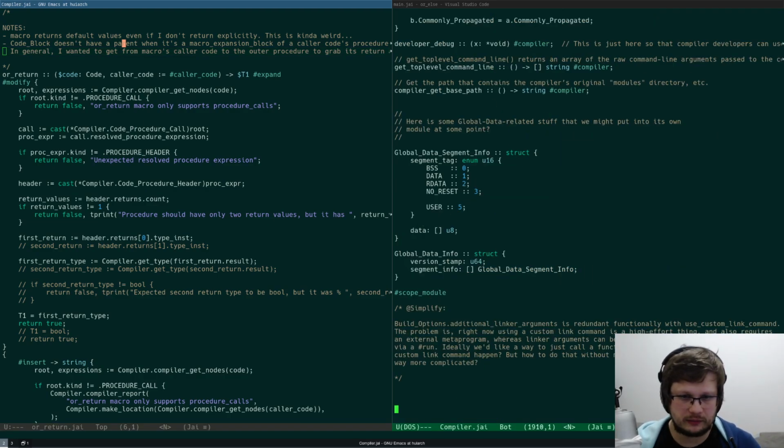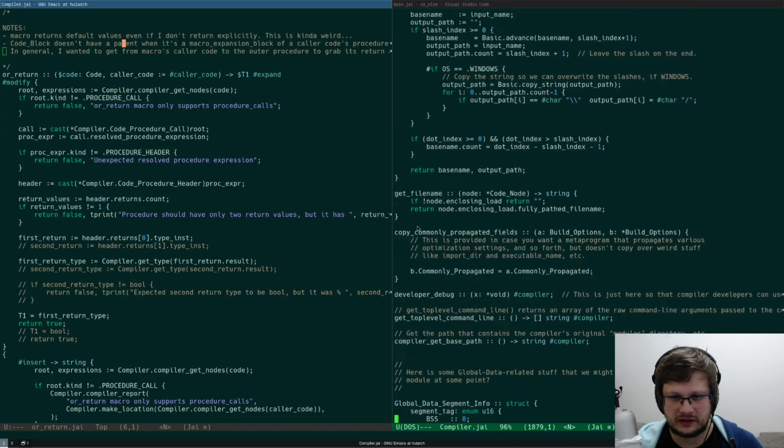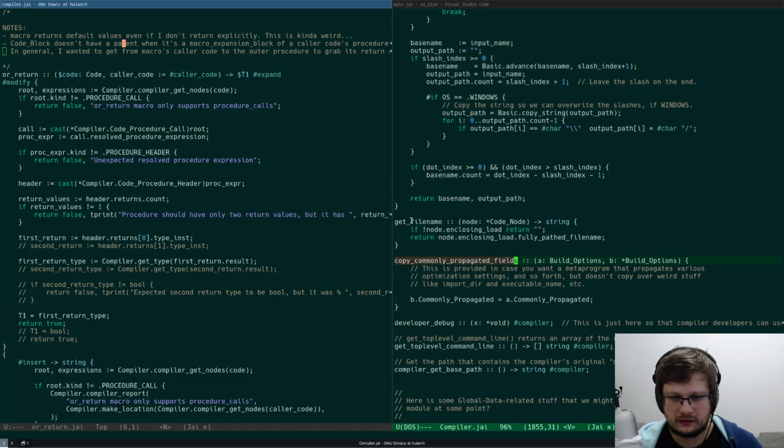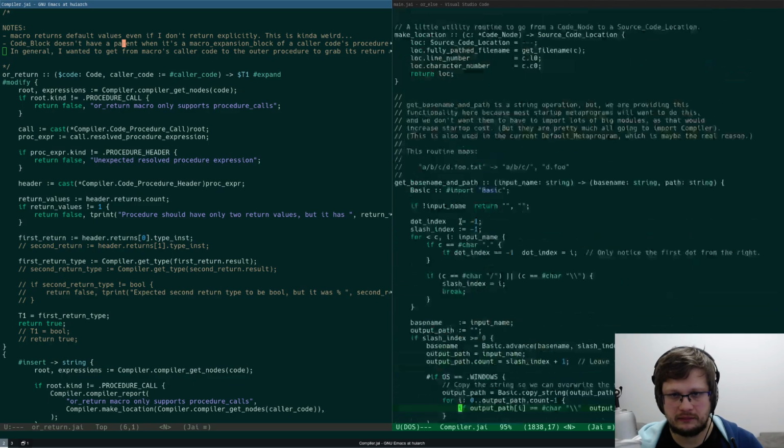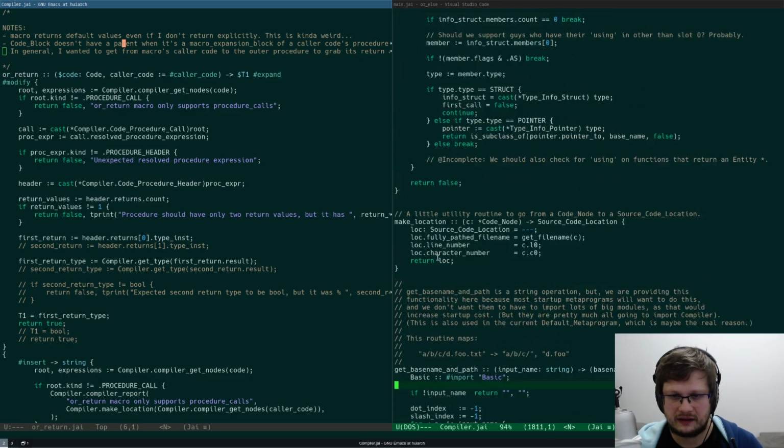Let's see some of these procedures that we have here. Maybe it has something interesting, like get file name, get base name and path, make location. Here's the source code location. Here's where it's used.